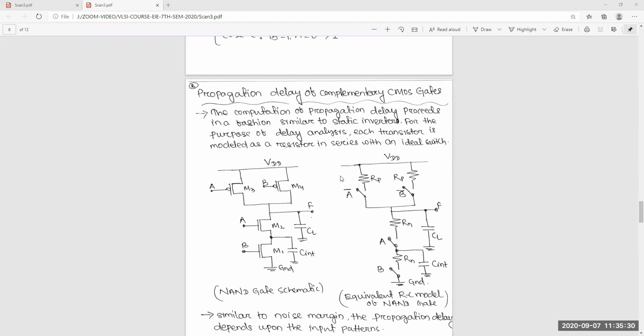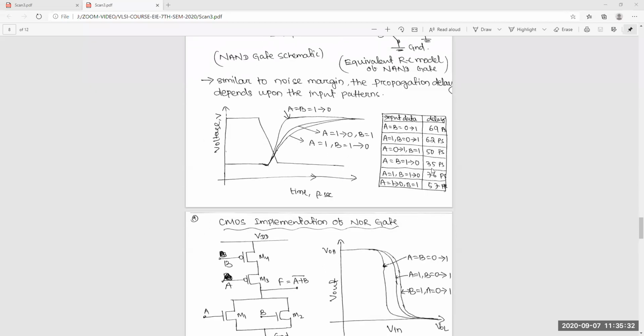But here, for this propagation delay, the minimum is 35 and the maximum is 70. Though it is less, you can call it the best case, and though it is very high, it is called the worst case. But this also changes, because when both PMOS are on, or both NMOS are on, we calculate the worst and best case because of those resistances.